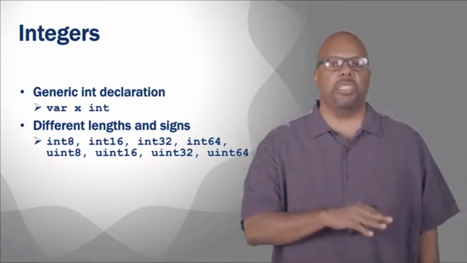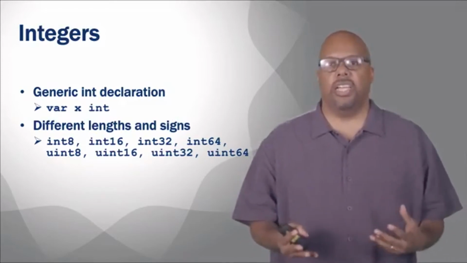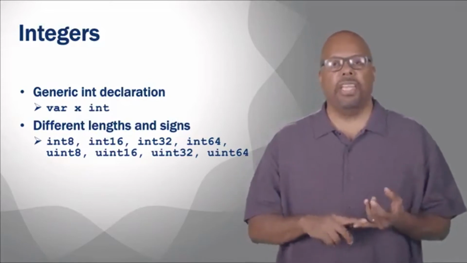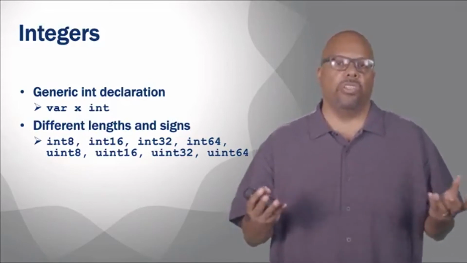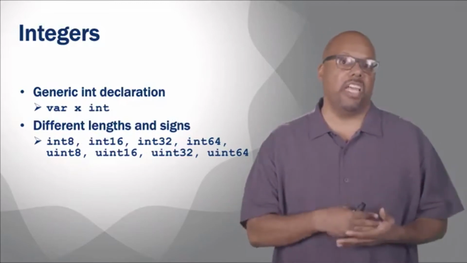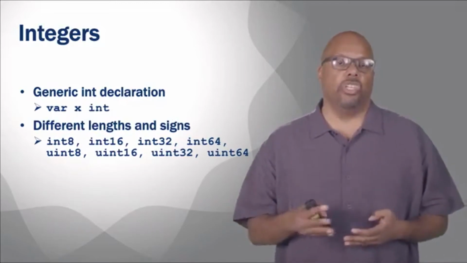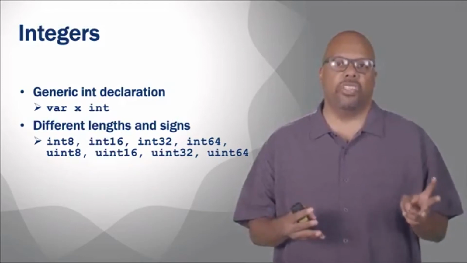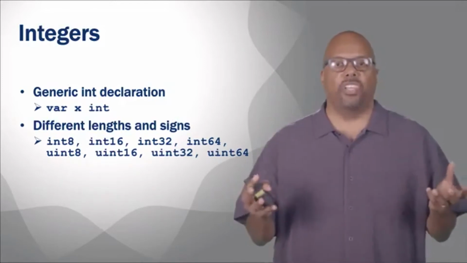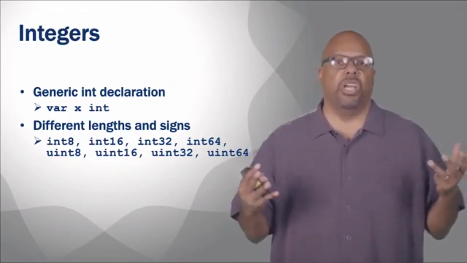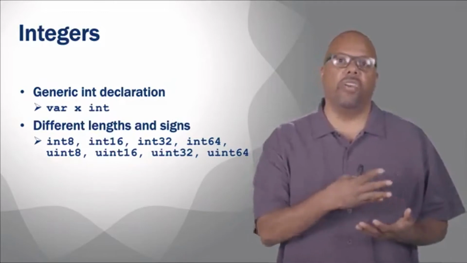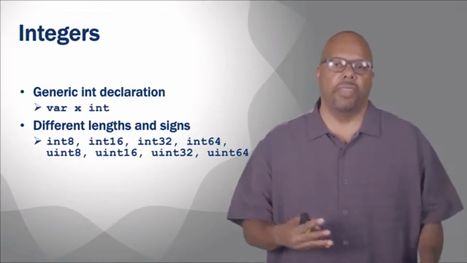The difference between ints and uints is that uints are unsigned. That means they can get larger. Normally we're using 2's complement arithmetic inside our machine, so the most significant bit is the sign bit. In an unsigned integer, that most significant bit is not used for the sign, it's used for magnitude representation. So the absolute value of the unsigned integer can get bigger just because you have that extra bit that would have been used for a sign in a regular integer.